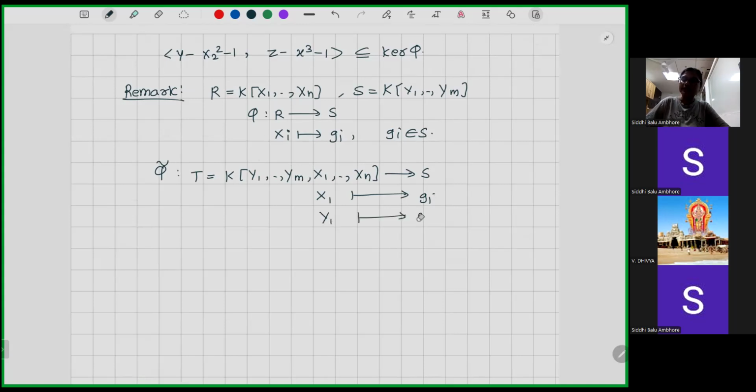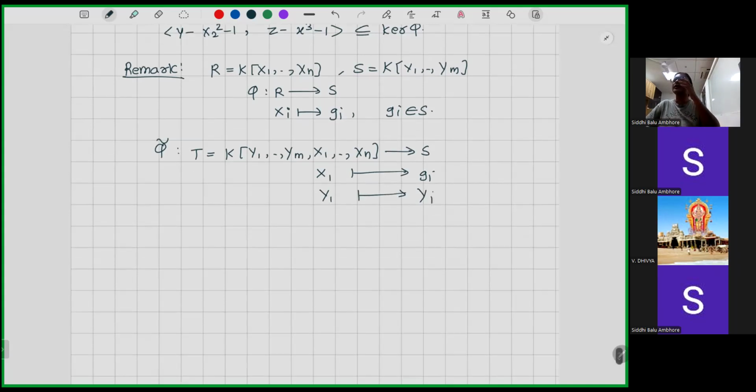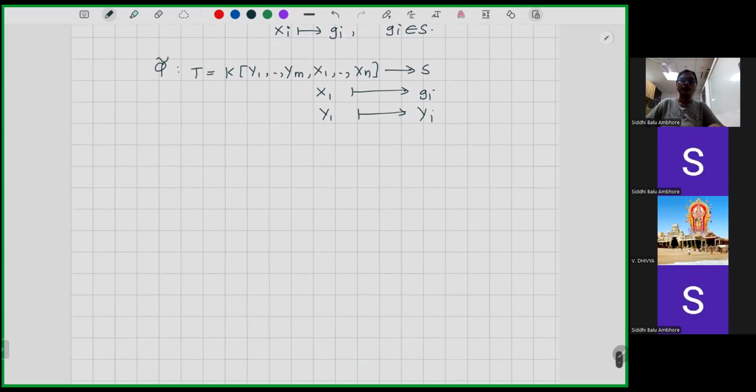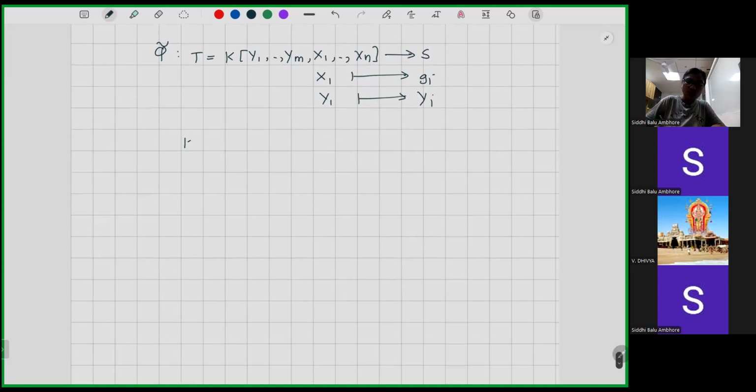So yi we send to yi, because yi's are anyway variables from S. So yi is anyway going to yi. So therefore what we have is that the kernel of phi is actually the kernel of phi tilde